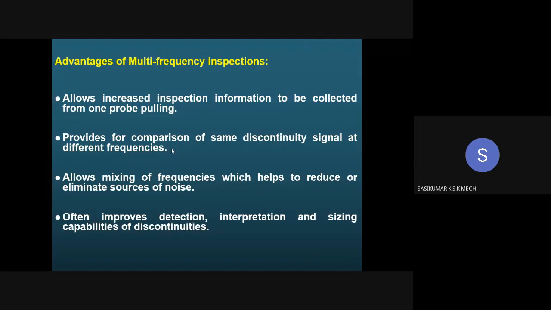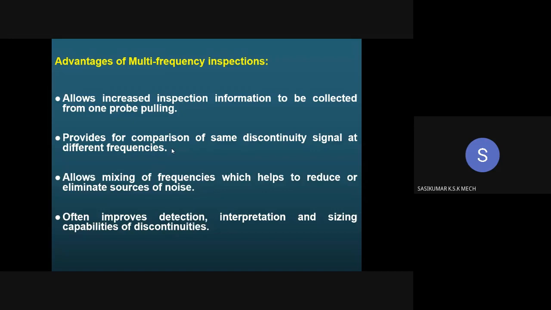It also provides a comparison of the same discontinuity signal at different frequencies. If you have some discontinuity, since it is operating at multiple frequencies, it shows multiple deviations for the same discontinuity. It allows mixing of frequencies, which helps to reduce or eliminate sources of noise. In the workplace or testing place, there may be unwanted noises.